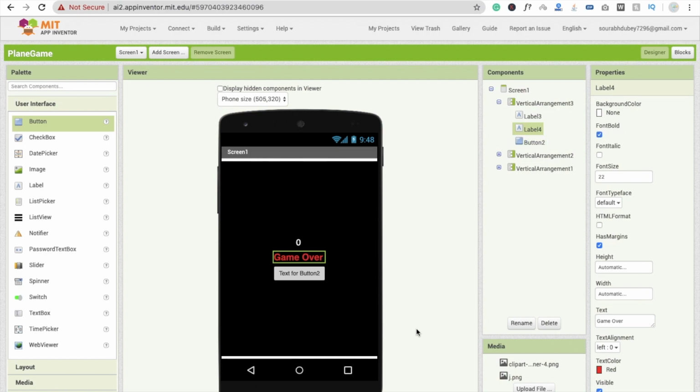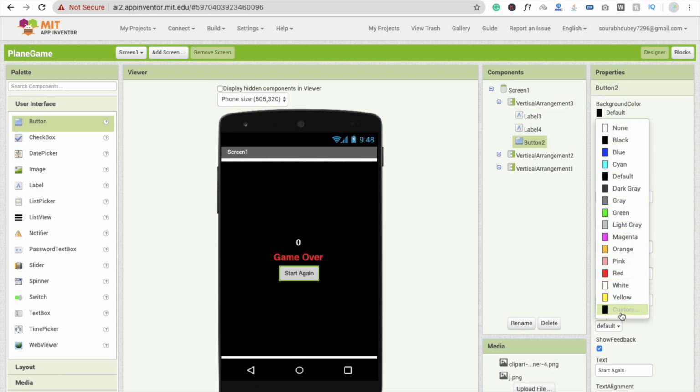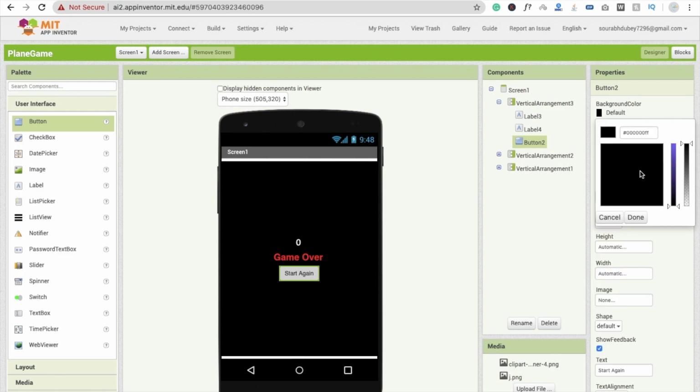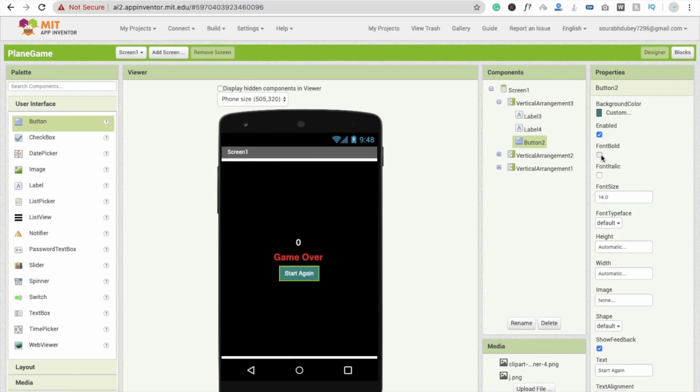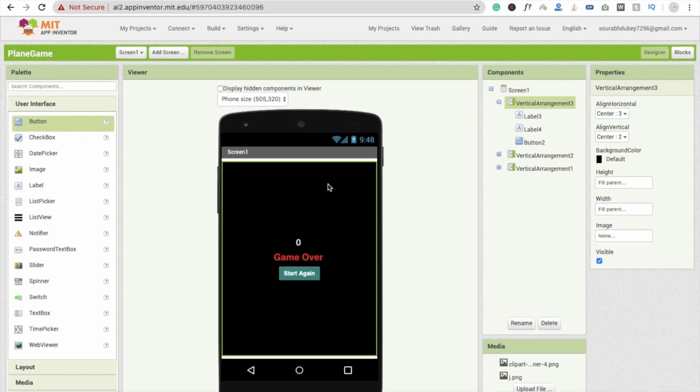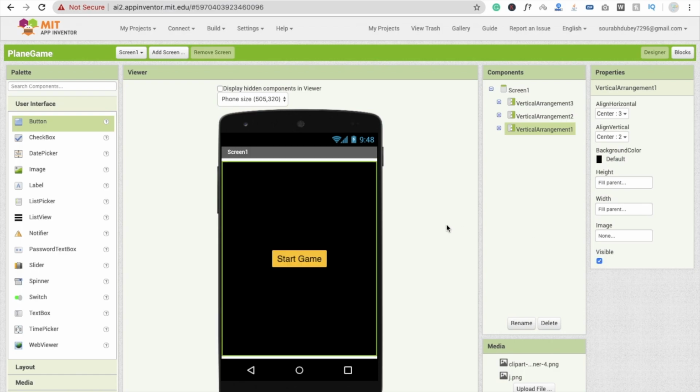Make it font bold, and click on this button and write down here, start again. Fine, and change background color, anything you want, and change their text color also. That one is the start again button. Fine, so these all are 3 screens we have right now. So make it visible off, and this one is visible on.